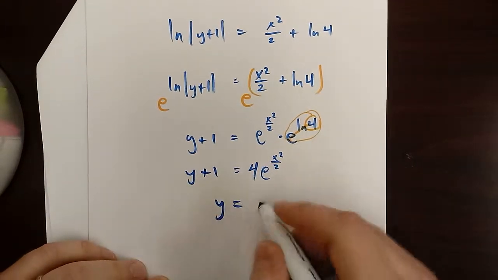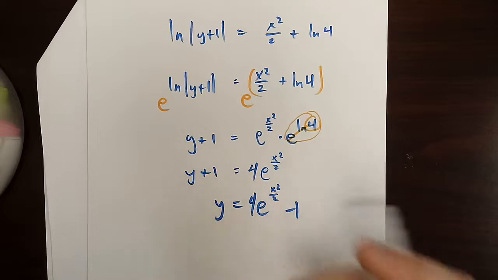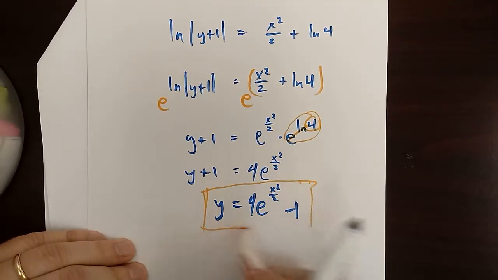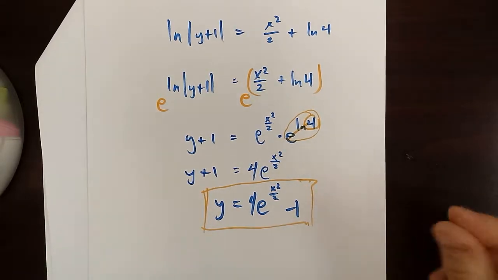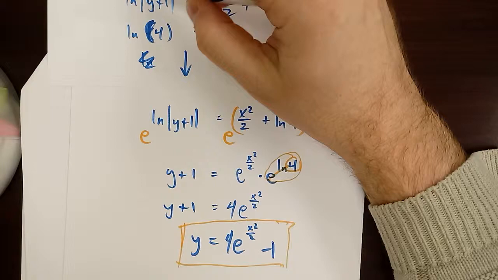So final answer, y is equal to 4 e to the x squared over 2 minus 1. And I wish I could go back in time in the video and say, hey, you might have done this slightly differently. A lot of people, what they'll do is at this stage,